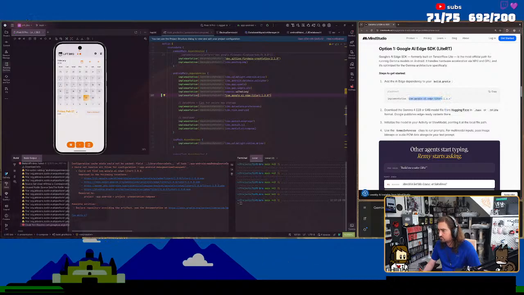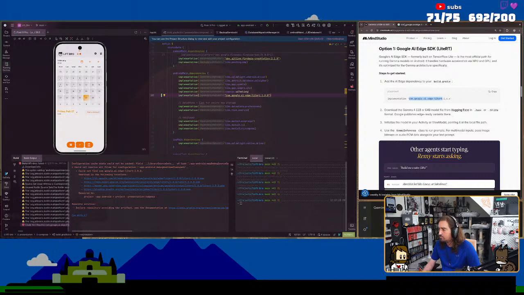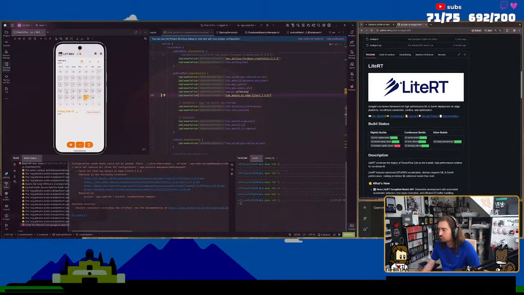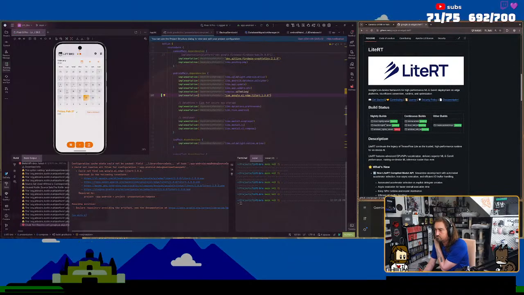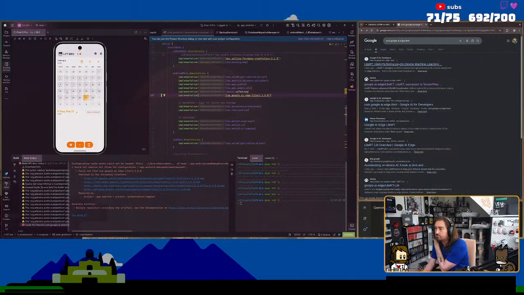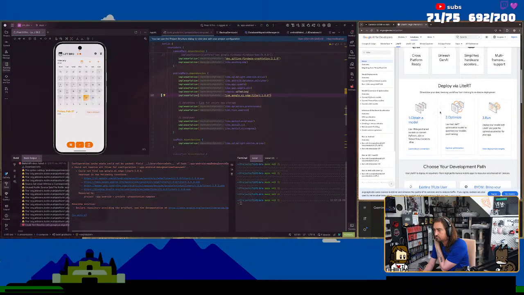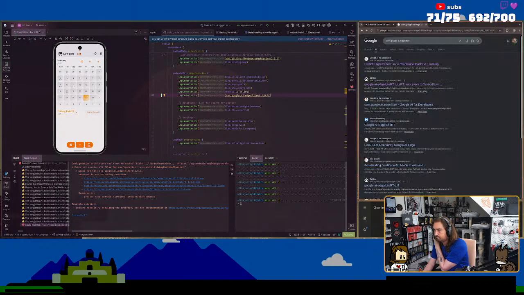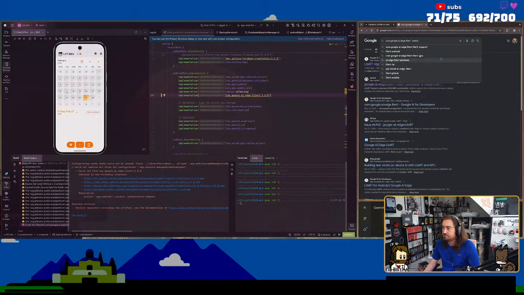What is this? Oh, this is their LiteRT. What version? Oh, right. But I want the Android version, because there's the LiteRT for building it. Android. Oh yeah, that's not what I wanted to type.